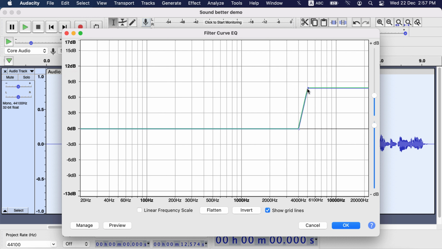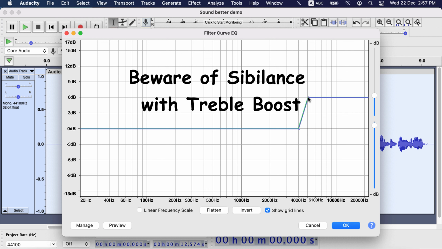Do not apply more than 6 dB boost or cut in EQ, otherwise there will be a large gap with other frequencies and it will not sound great. Treble boost can introduce or increase sibilance, so be watchful about that. If treble boost introduces too much sibilance, either make a cut from 5K to 9K region, or do not add